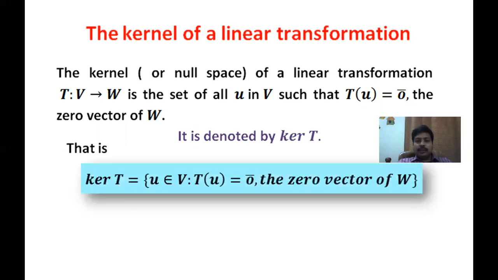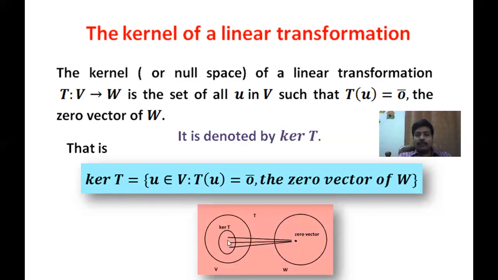This is the set notation: kernel T is equal to the set of u belongs to V such that T of u is equal to 0 bar, the 0 vector of W,